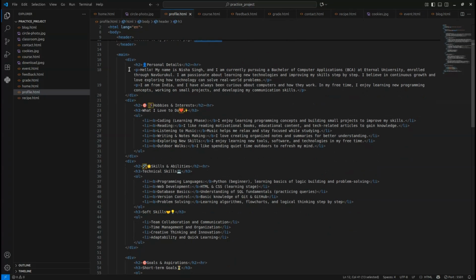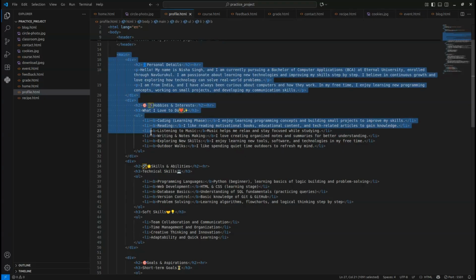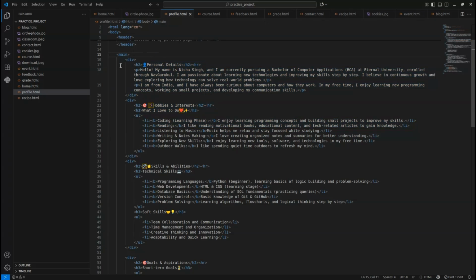After that, the personal details section. The main content of the page is wrapped inside the main tag. For the personal details section, I use a div to group related content. The section title uses H2 because it's a subheading under H1.